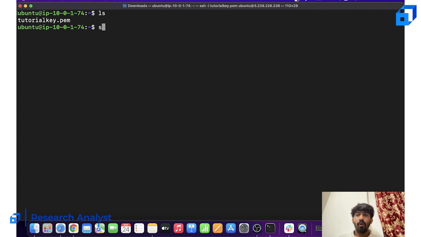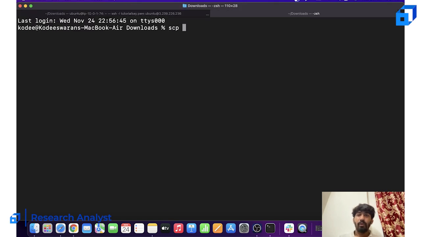So the copy command would go like this. I'll just show you guys. It would be scp -i, and here you will have to put in the PEM file name of the public instance which you want to copy. Then here you will have to put in the file path and the file name. It's actually tutorial key, right? Yeah, tutorial key. Then you will have to provide ubuntu at the IP address